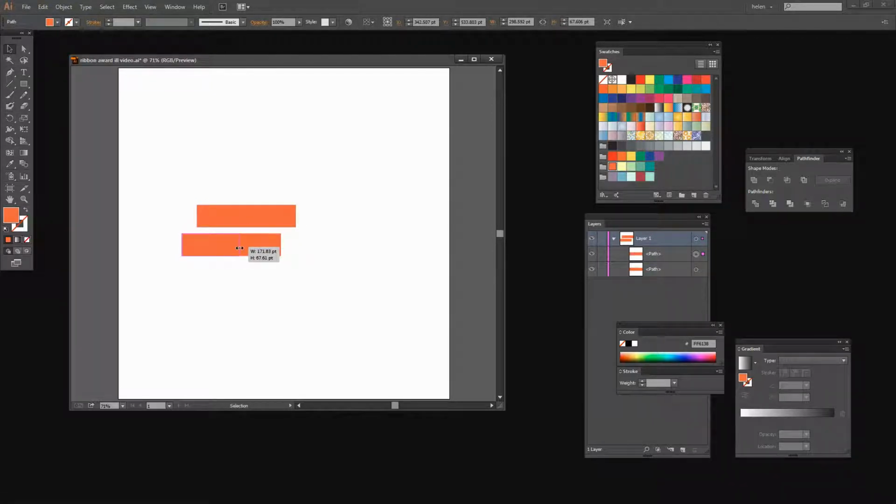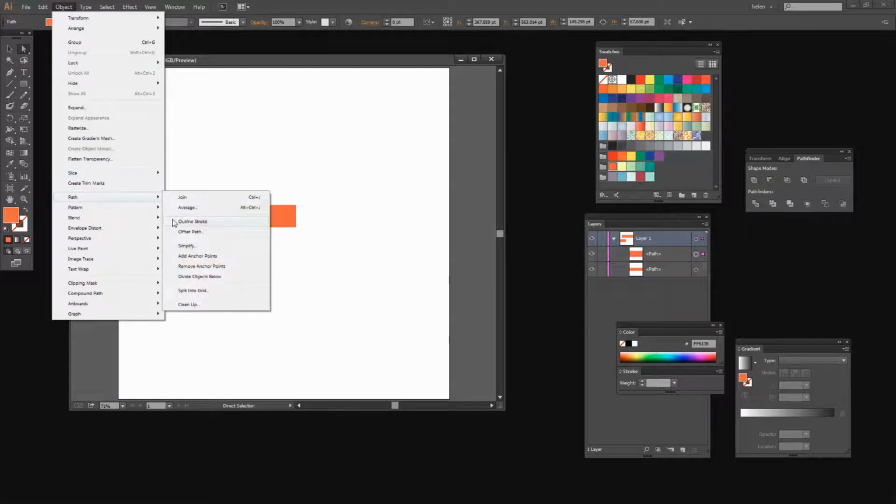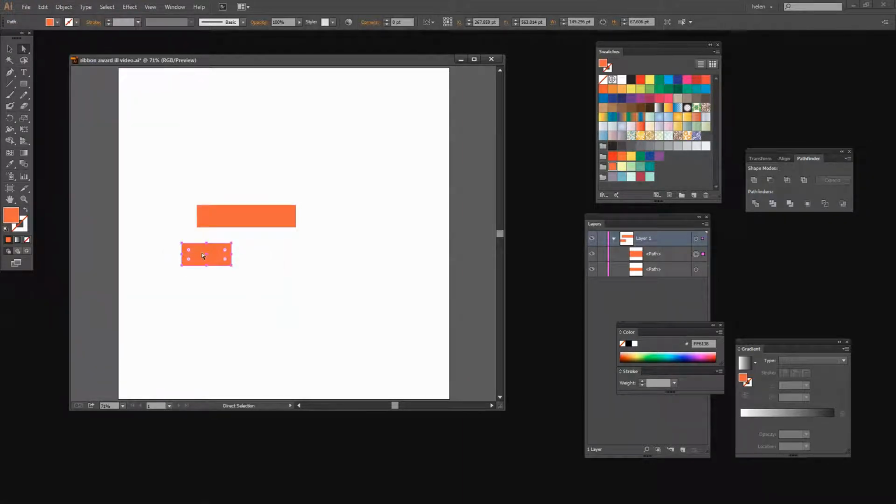Now I want this to be considerably smaller, so I'm just going to test it in place. And that looks about probably what I want. Now I need some extra points on this path because when I click the direct selection tool, you'll see that there's only 4 points, these corner points. So I'm going to choose Object, Path, Add Anchor Points, because that adds some extra anchor points, which allows me to access the point that is halfway down this side. When I click on it and then drag, I can drag it inwards so that I create this sort of